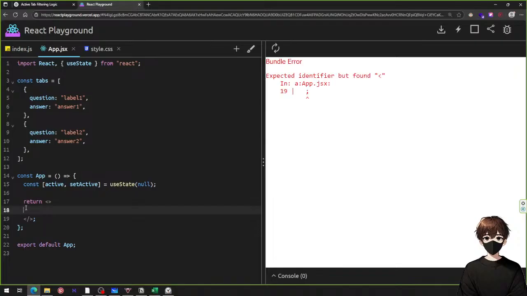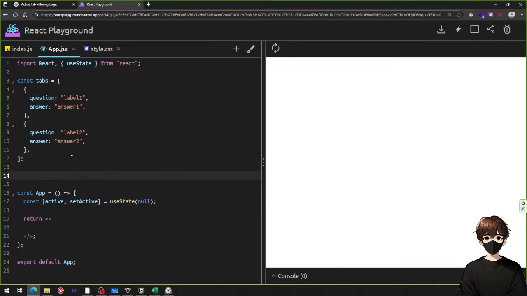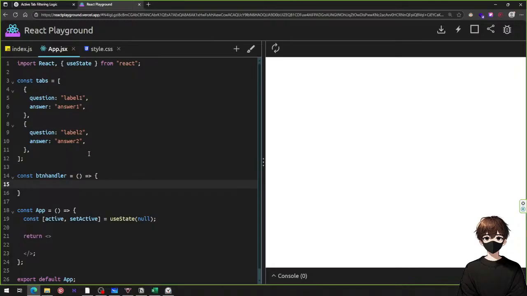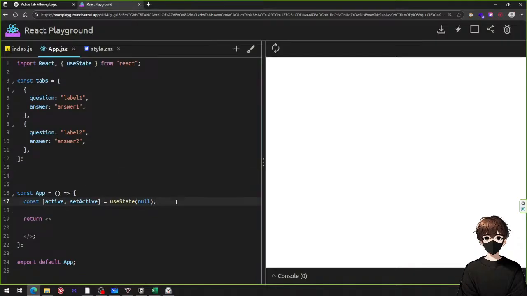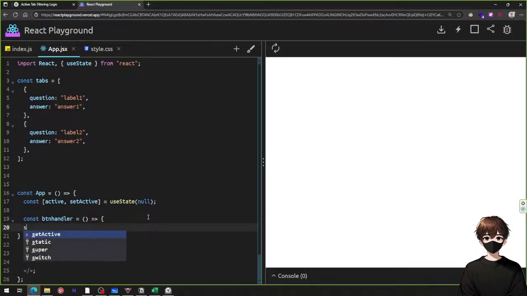Now the first thing that we need to do is actually make a button handler. So we're gonna say const button handler is an anonymous function. I think it's useful if we actually do that here. And we say set active. We're gonna need an argument, so args. We're gonna say args via function